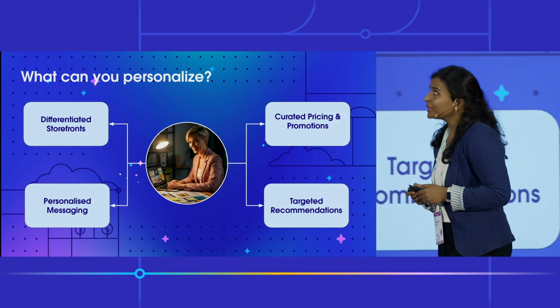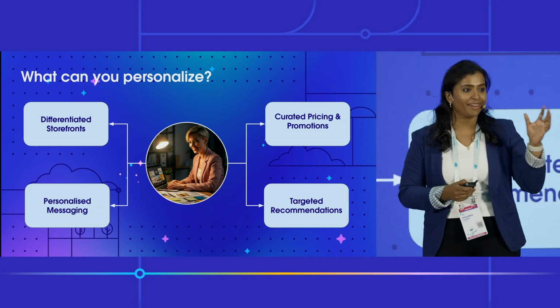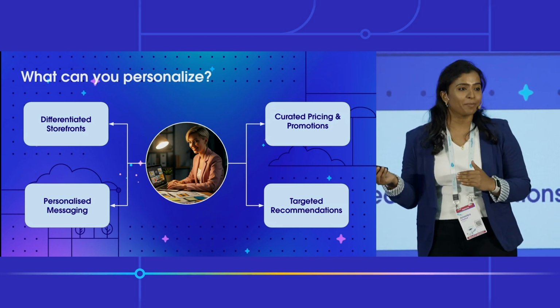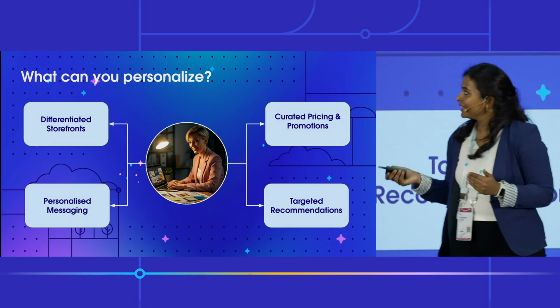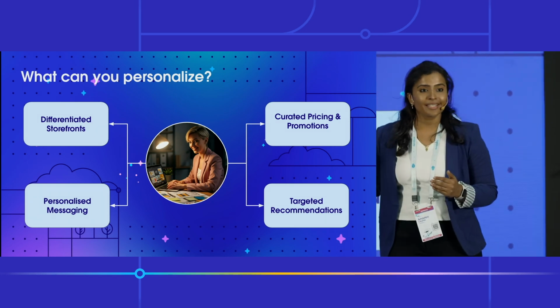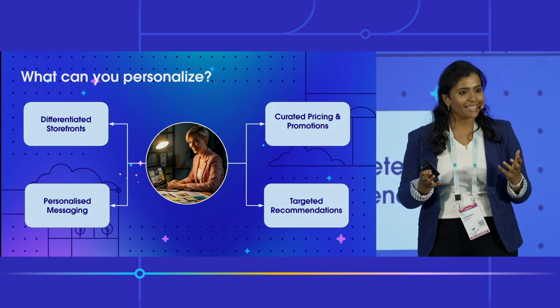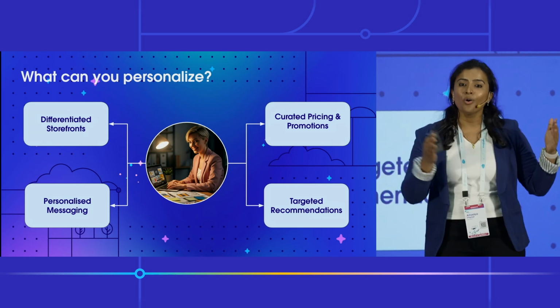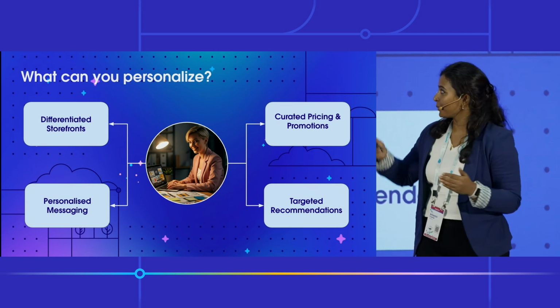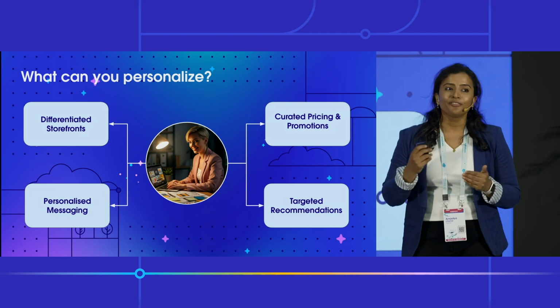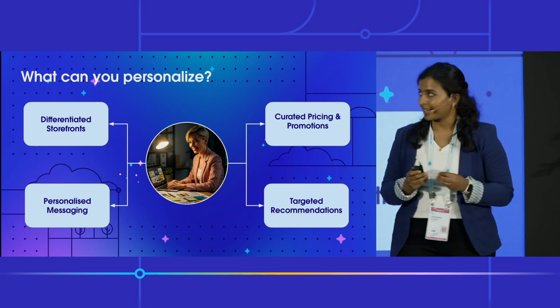Awesome. Now that we've spoken about the 4 stages of personalization, let's talk about what exactly you can personalize in commerce today. So broadly, there are 4 different things that you can personalize. The first is, remember the whole Women's Day banner and shopper experience that we were talking about? So you want to show that banner only to women from that specific age group. That is a classic example of differentiated storefront experiences for a specific target cohort.